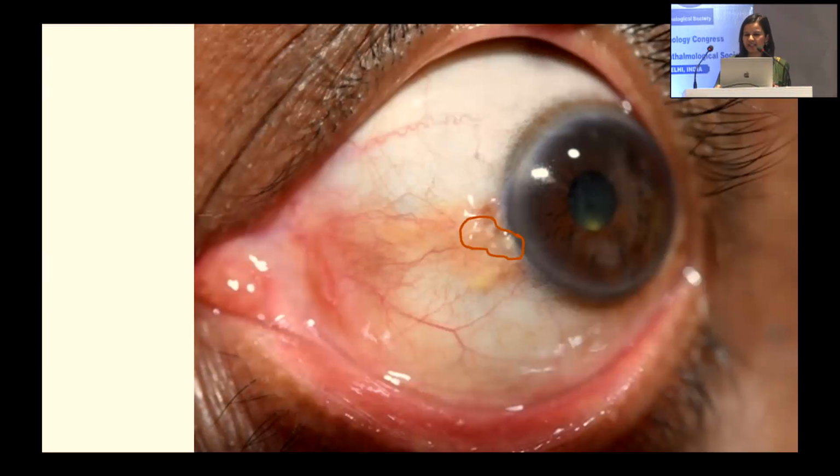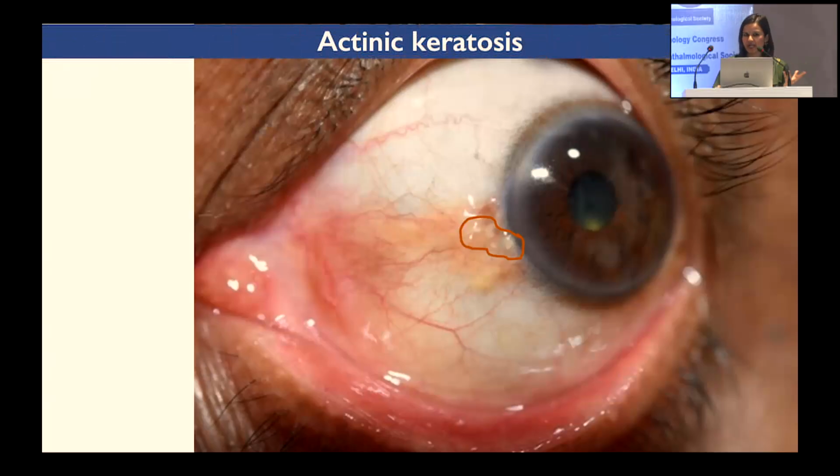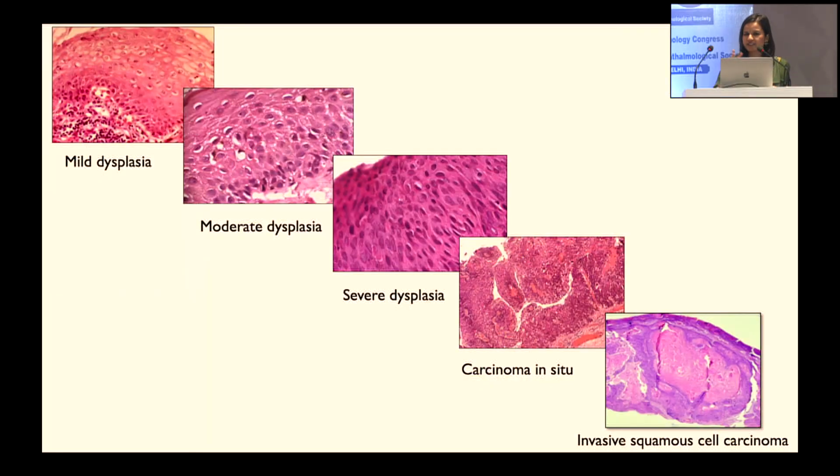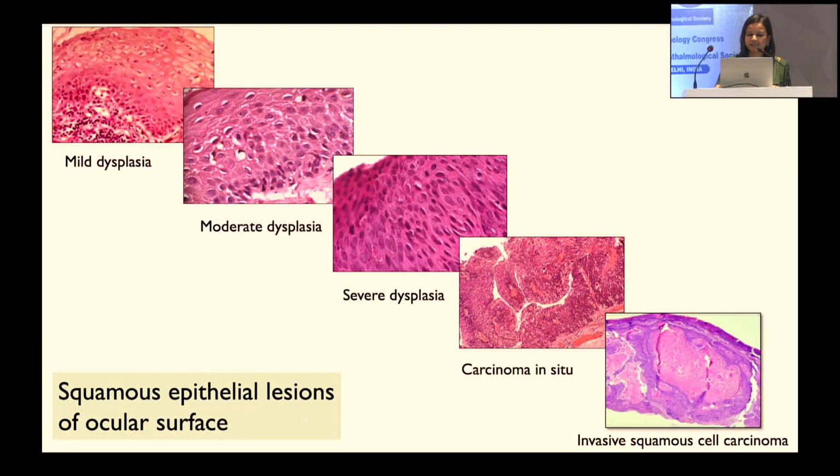Definitely it doesn't look very angry or fiery looking, and it is actinic keratosis, which can happen because of too much UV light exposure. And the treatment can be either close observation, serial pictures that we can keep so that we know that it is not increasing, or surgical excision with cryotherapy. So what is happening here is a dysplasia of the conjunctiva, and it is like a spectrum. It can be mild, moderate, severe. It can be carcinoma in situ or invasive squamous cell carcinoma, which are the squamous epithelial lesions of the ocular